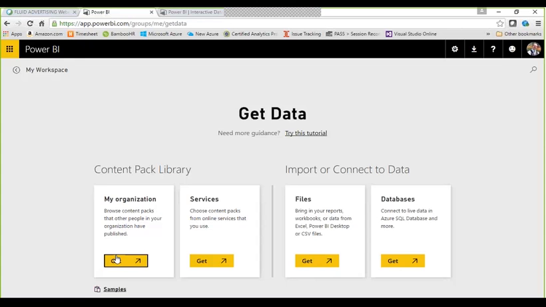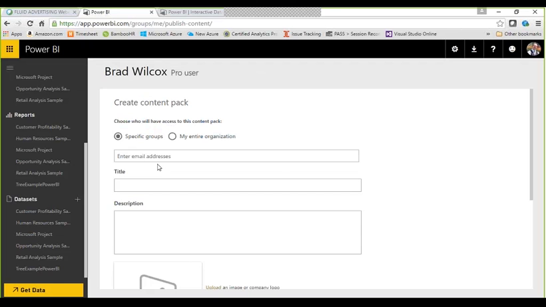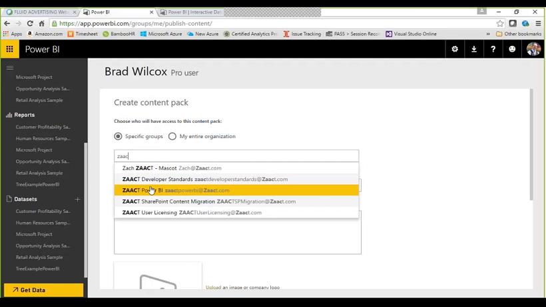This is a really powerful feature because, for example, I have an example content pack here that I've already created, but a content pack can be shared with anybody in your organization. So for example, I have a group that was created called ZAACT Power BI, and I can share that with that group. So if you're familiar with Office 365 groups,